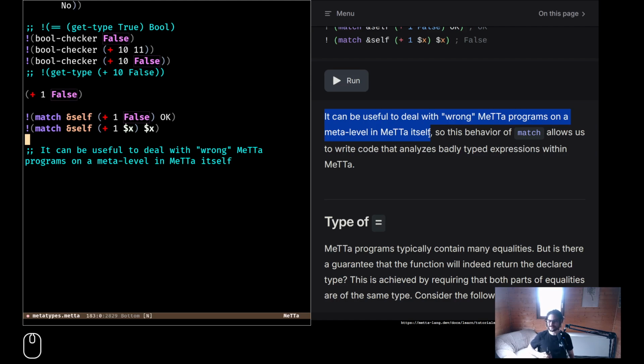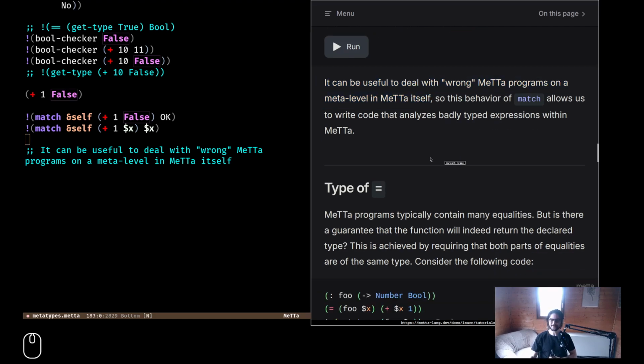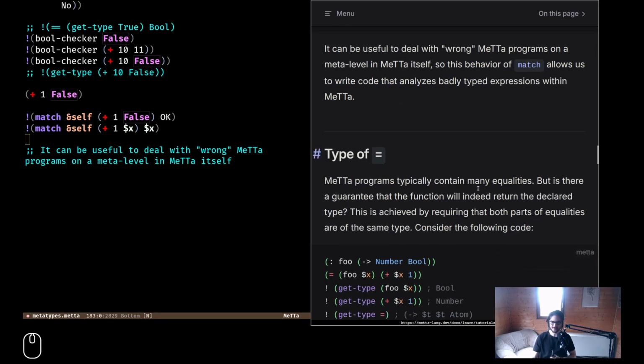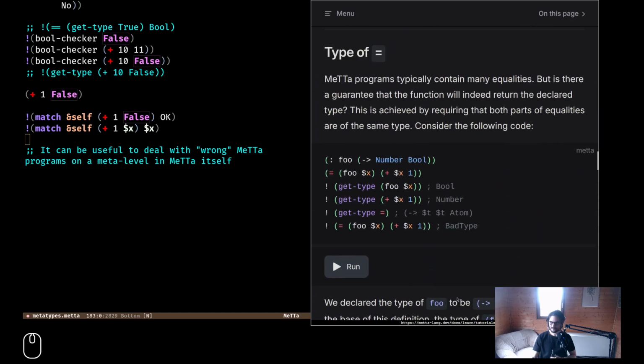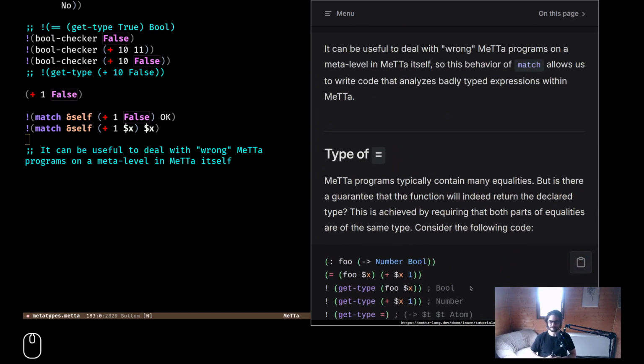It can be useful to deal with wrong meta programs on a meta level in meta itself. So this behavior of match allows us to write code that analyzes badly typed expressions within meta. Yes, exactly. Or I want to build them intermediately or something.